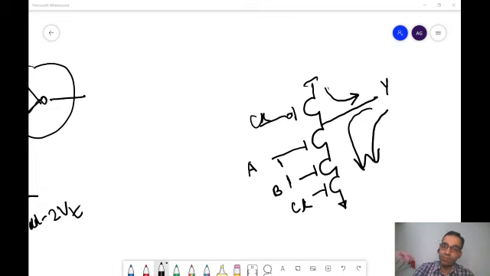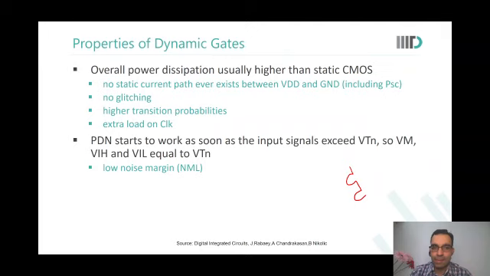Sir, because the activity factor of the clock is the highest, and here it is controlled by the clock itself, so it will be the most, I think. Yes. Massive, yes. So are you able to see this? Area increase, area saved, but power wasted. Power increased very much. Yes.